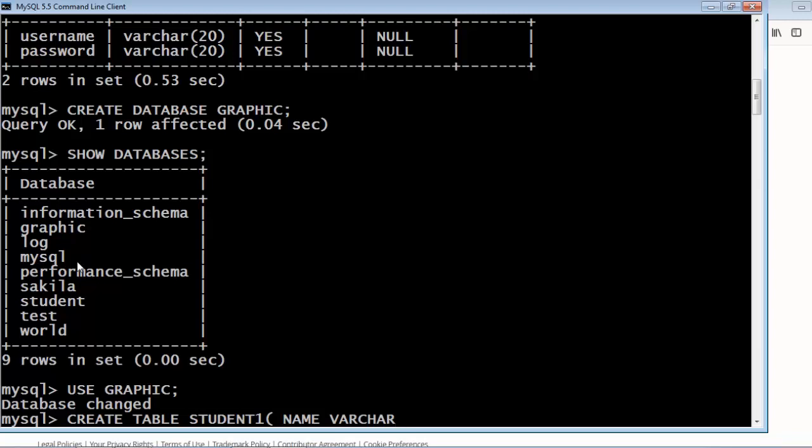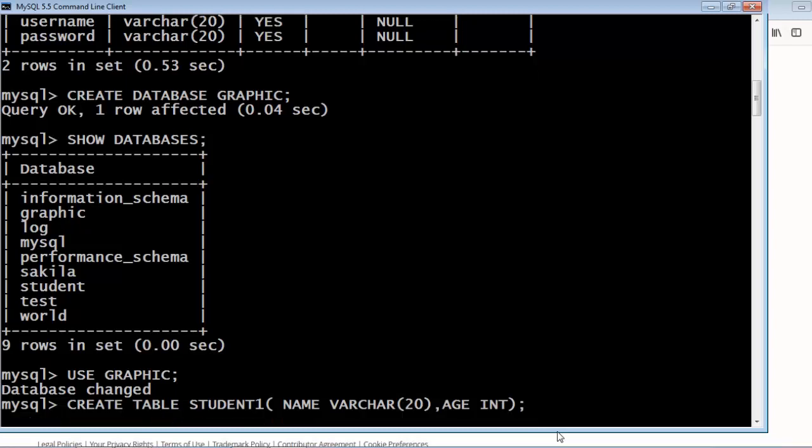Name is the attribute and varchar is the data type. It is not char, it is varchar. Inside this we pass the length, that is 20, comma, and age is the attribute, of type int. Now this is completed.